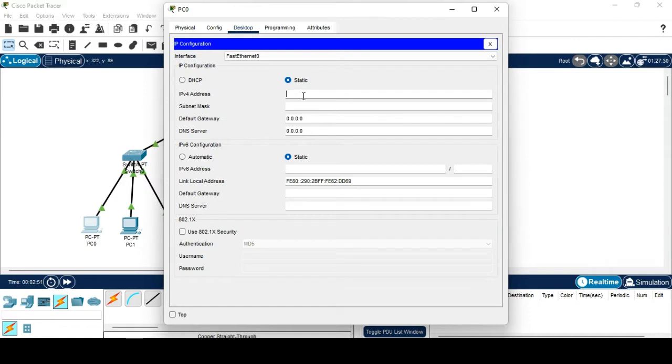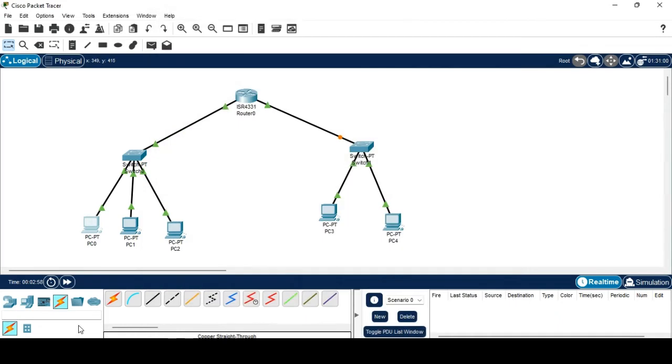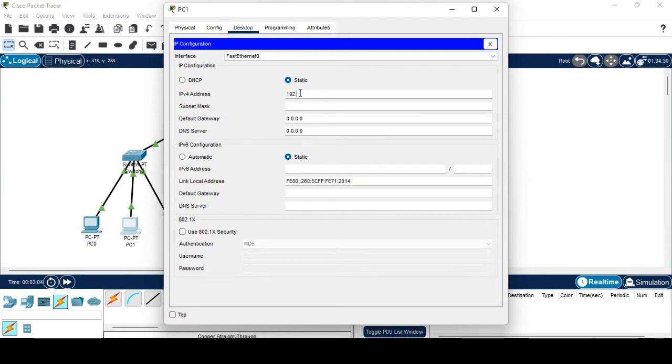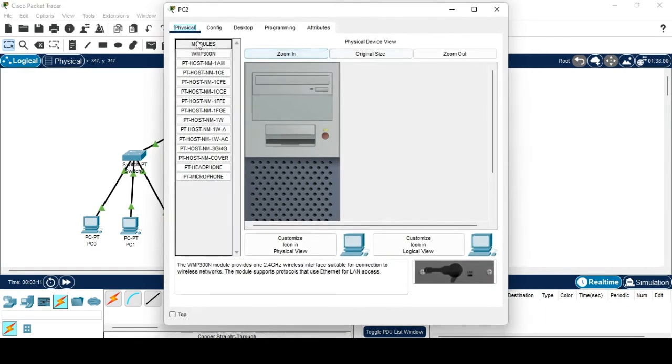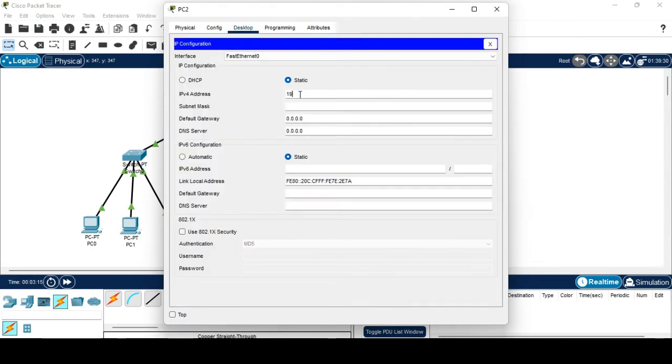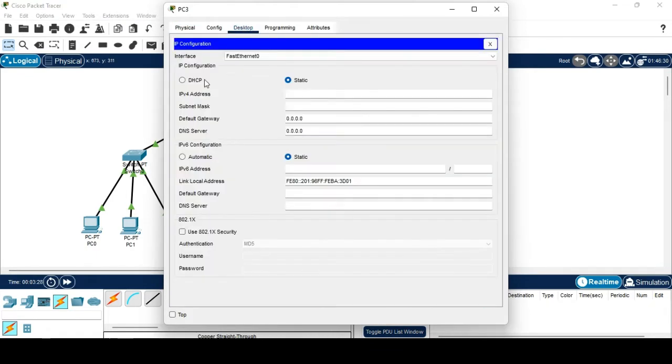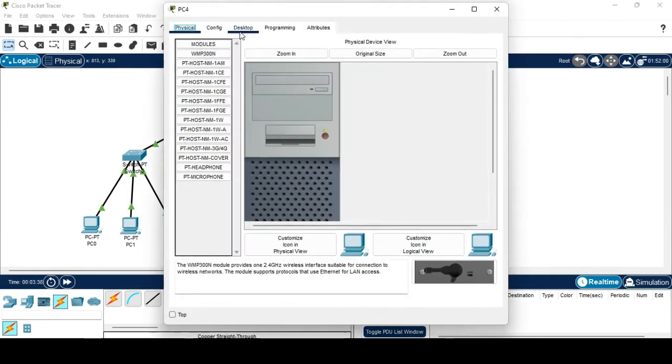And after that, you have to set an IP address for all the PCs. Just go to Desktop, IP Config and IPv4 address 192.168.1.1, 192.168.1.2, 192.168.1.3. And after that, for PC3, I'm going to set the IP address as 172.168.1.1. And here